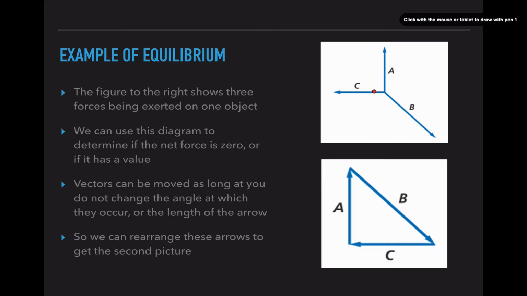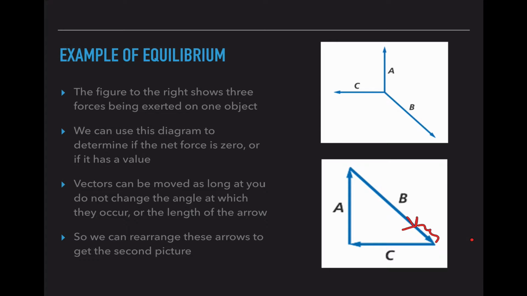So A goes up, B goes down and to the right, and C goes directly leftwards. And we have this final picture at the bottom. Since all of the vectors are drawn tip to tail and there are no gaps or extensions, this is considered a balanced force. So hypothetically, if the arrow for B had its point right here, and this was open space,